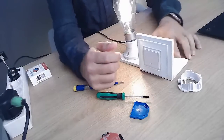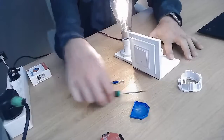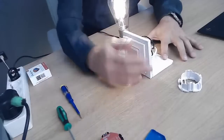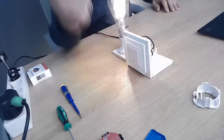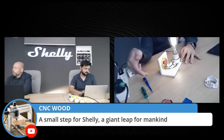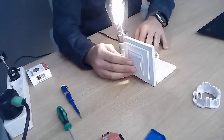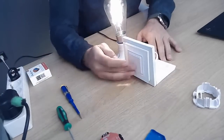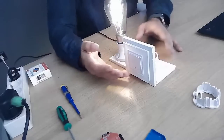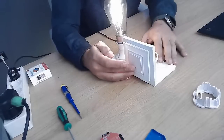Also, which is very important, if you have multiple switches in the house, for example 2-way or 3-way installation switches, 3 switches or 4 switches, no matter, it's very easy, because for the second and third and fourth switch, no matter how many, you don't need a relay. We just need to wire all the inputs from the switches to this device, and that's enough. It's a very cheap and very good option, because you don't need anything else, and